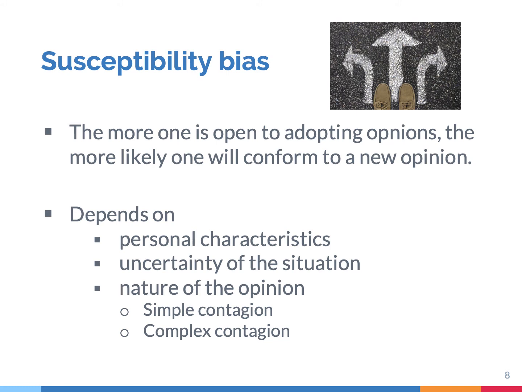But some opinions and behaviors are more consequential and risky. So if a friend claims that he can make you immune to COVID-19 by taking an experimental drug, you may want to hear the opinions of others first before you follow this advice. This is called complex contagion. Now, for these kind of opinions, one needs to receive social affirmation from more sources. They do not spread like a virus.